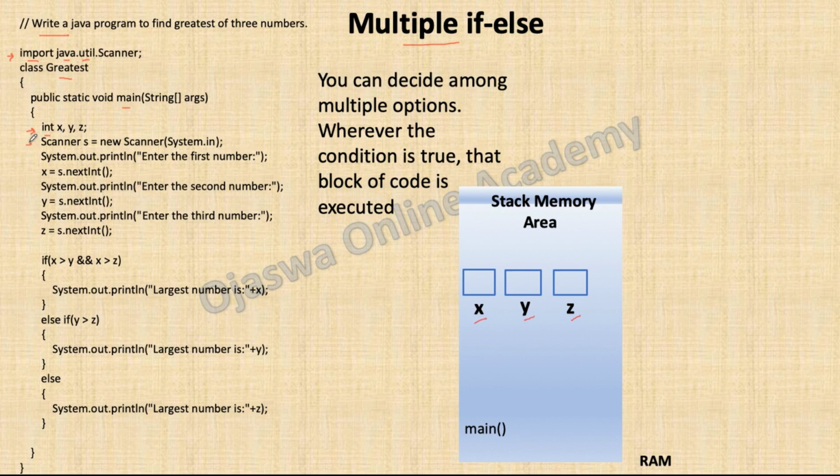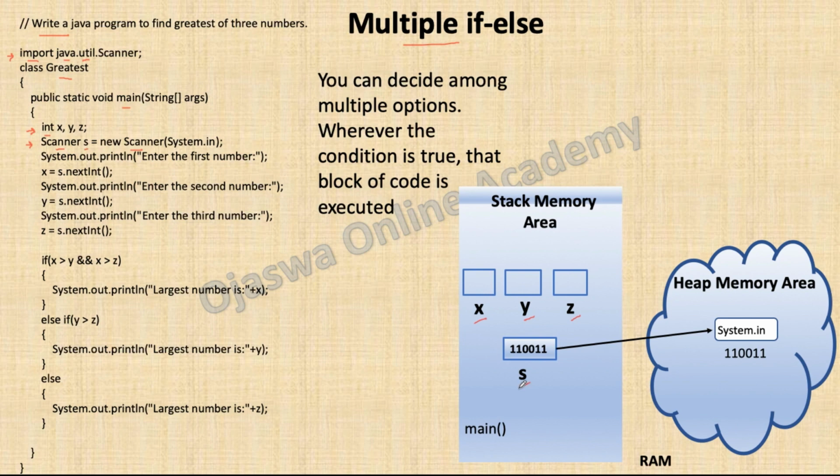Now the next statement is we are creating an object of type Scanner. Why do we need this object? Java has provided the Scanner class to accept data from the user. Hence we need to create an object of the Scanner class so that we can accept data from the user. So the statement Scanner s will create a reference variable s on the stack memory area, and the new keyword allocates memory to the object. An object is created on the heap memory area. The address of the object is stored inside reference variable s, and now reference variable s is pointing towards the object